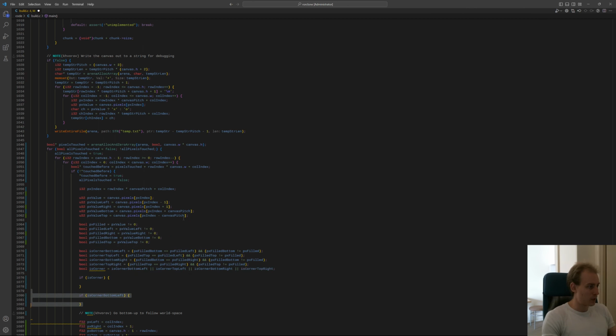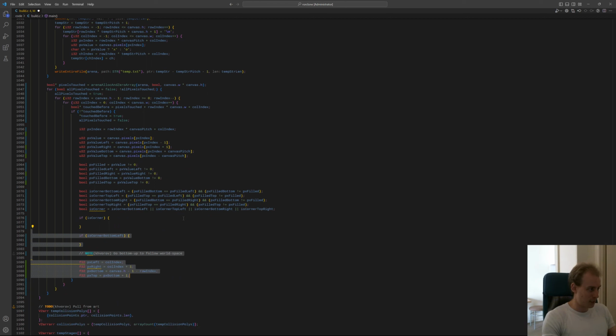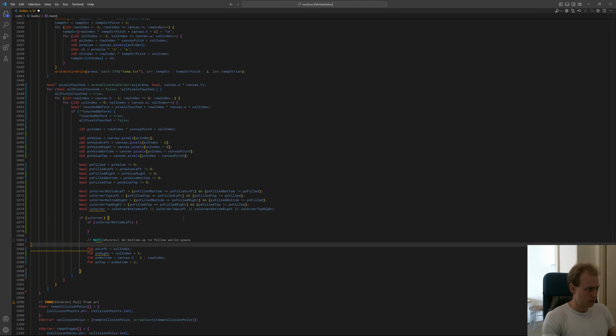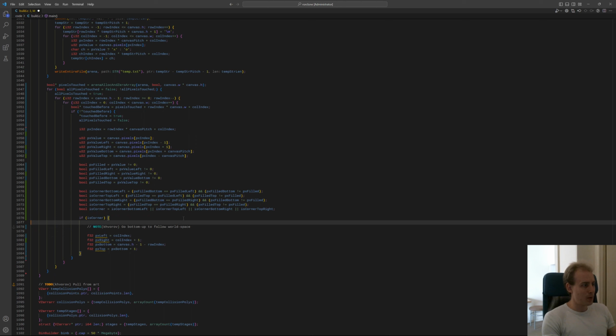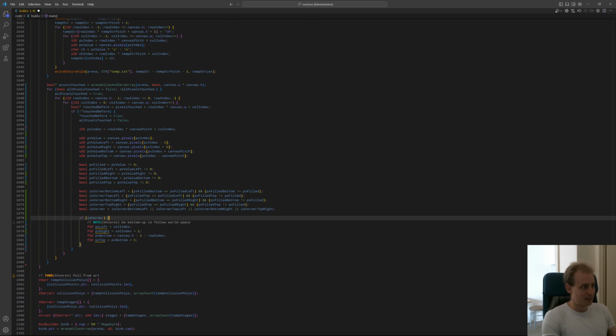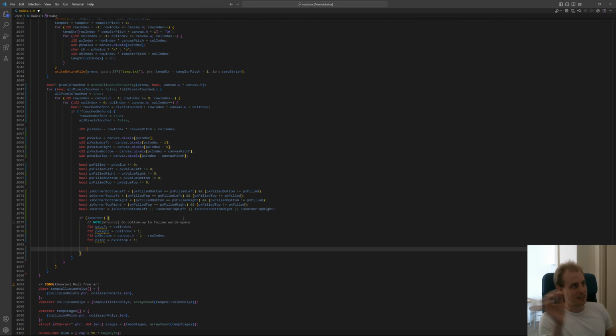Okay, so if it is a corner, then proceed, otherwise just move on. There we go. So figure out if it's a corner. If it is a corner, then proceed. Well, just knowing that it's a corner is sufficient to know that something will go into the collision polygon. So we need all of these numbers, and once we have those numbers,